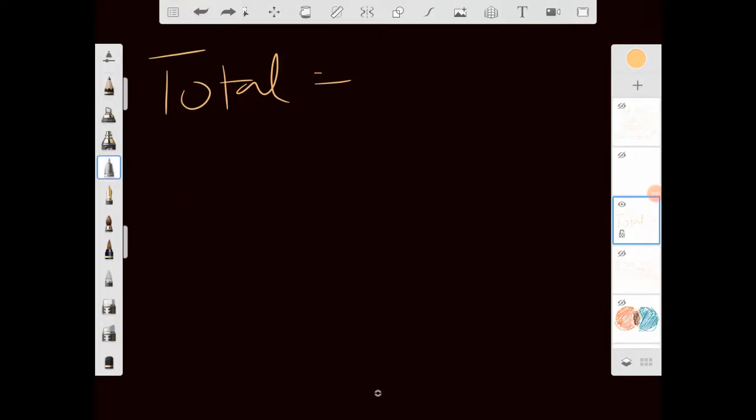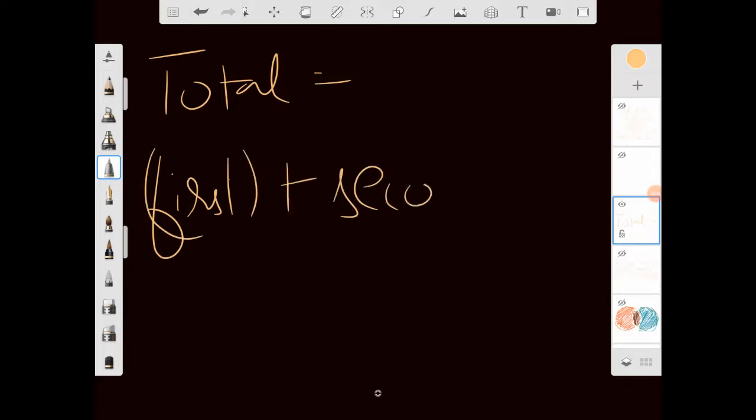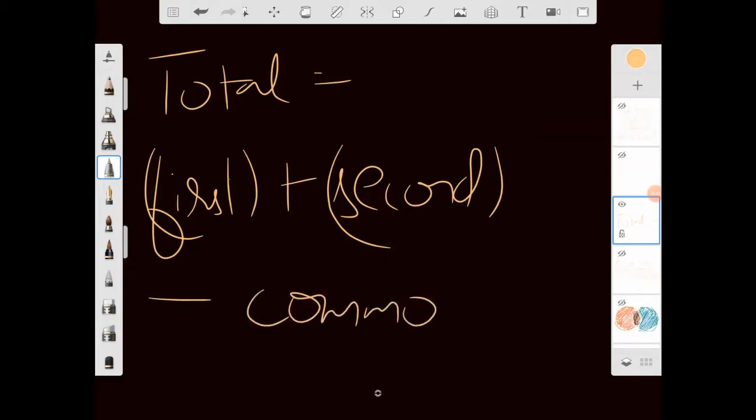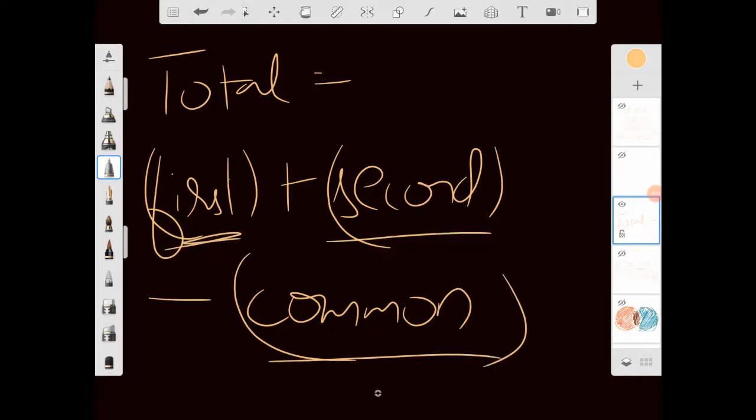The total is equal to the first set plus the second set minus the common area. So the total is always equal to the first set plus the second set minus the common. Now in your maths textbook, it is shown with 2 sets, but I didn't want you to teach the formula directly, because